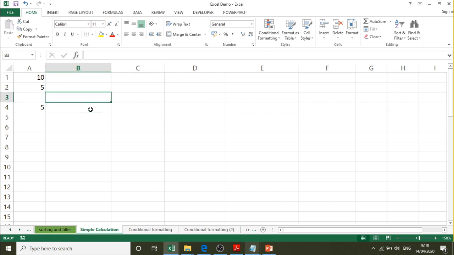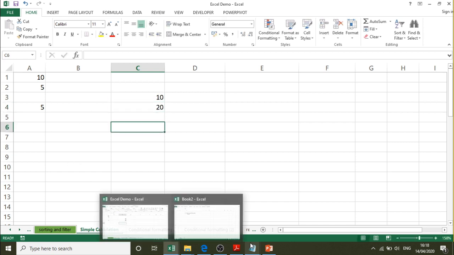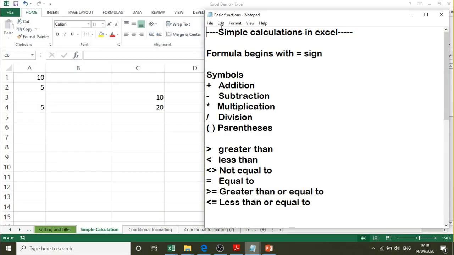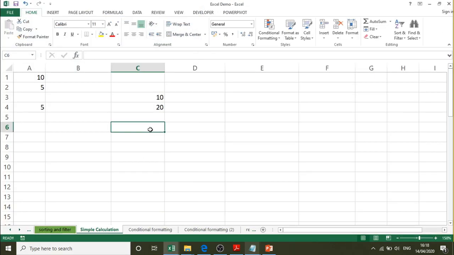Say for example, we are having two values here. If I want to add these numbers, a formula begins with an equal sign. In any cell, I can do the calculation by using equals.